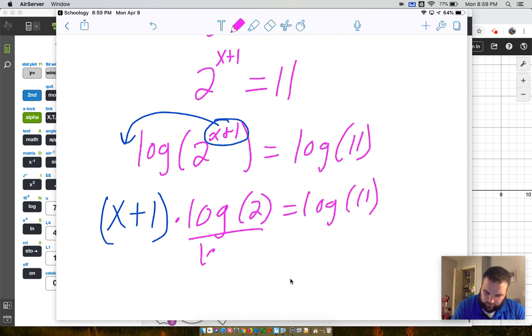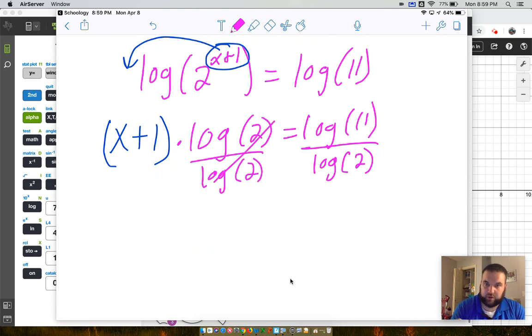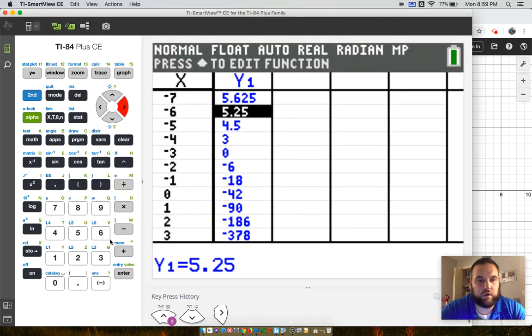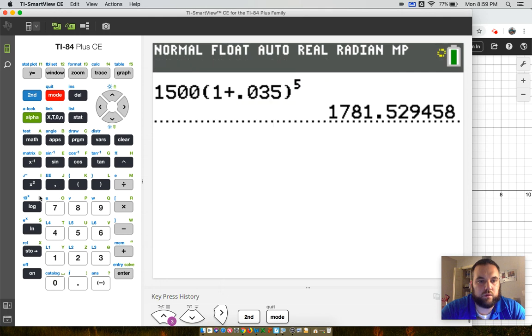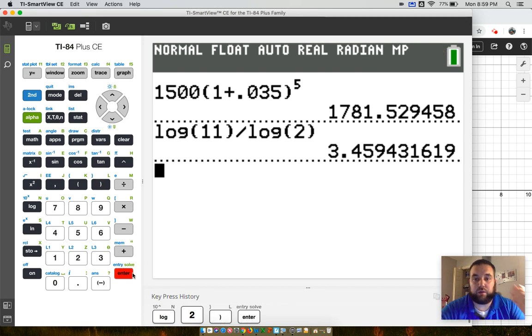I'm going to go ahead and get rid of that log of 2 by dividing. Okay, so here my logs cancel out. I'm going to go to the calculator now for log 11 over log 2. Log 11 over log 2. And I get 3 point. At this point, this is where I'm going to round to the 10,000th, or to 4 decimal points, only because